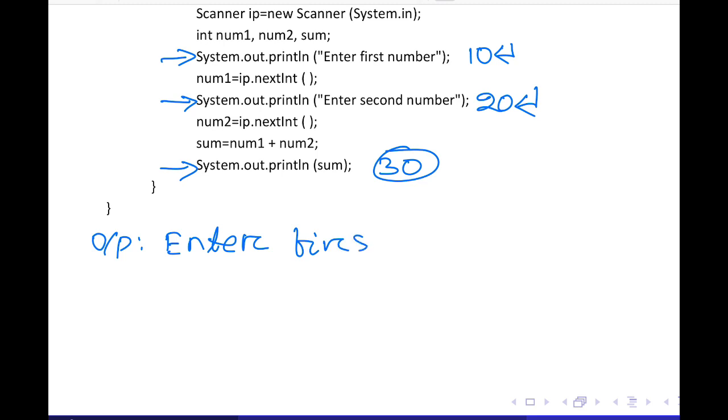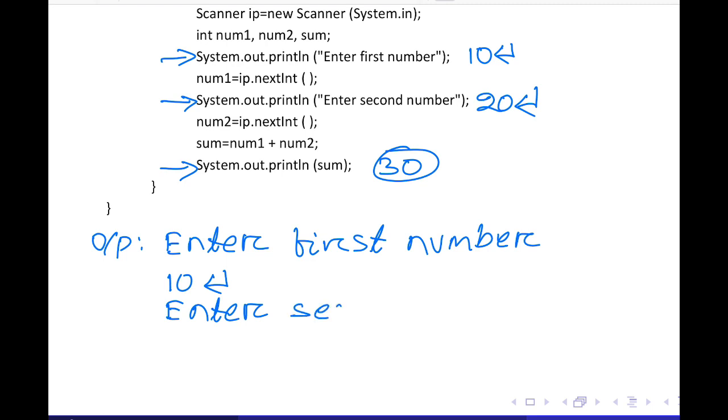Enter first number, and the control comes to the next line because we are using a println statement. So you can give 10 here and press enter. After you enter 10, it is going to display Enter second number, and control comes to the next line.